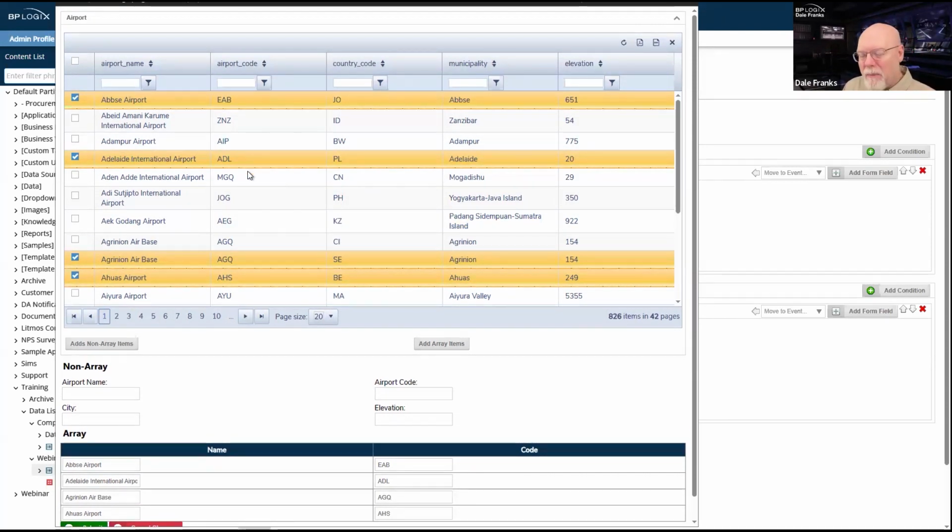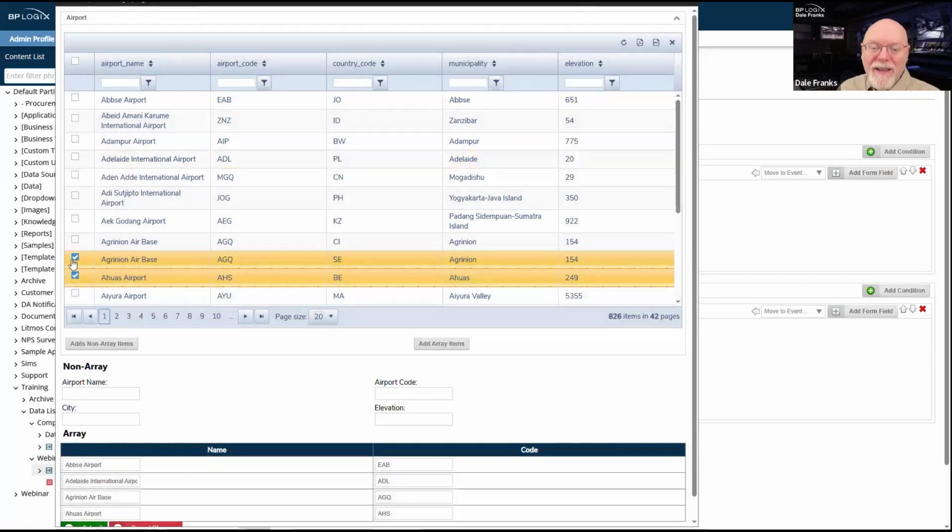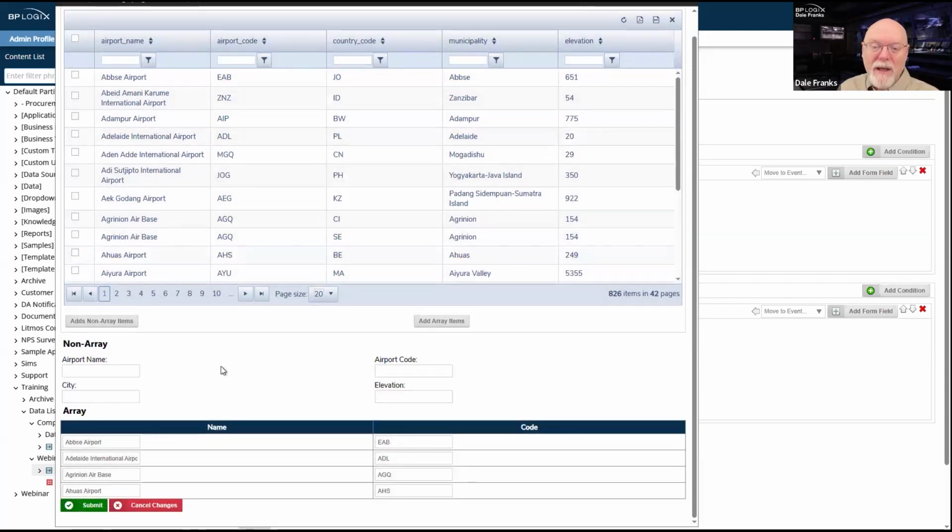If I'm going to come back at multiple points in the process, show this data list, because remember, the next time this form reloads, this data list is going to look like this. And if somebody comes in and says, oh, we need Adelaide International Airport, oh, wait, I've already checked that.